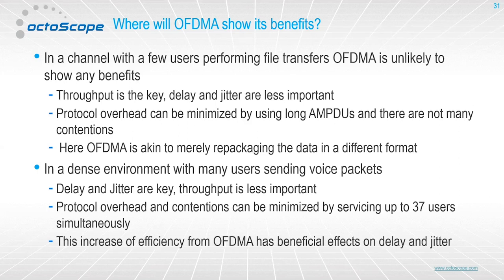So in the case of large data packets with a few users, OFDMA sort of switches between breaking up users into different frequency bands as opposed to different time slices, but you can see how they might be somewhat of a wash. But when you really make this dense and you make small packets,